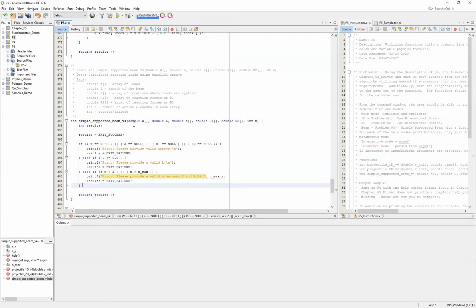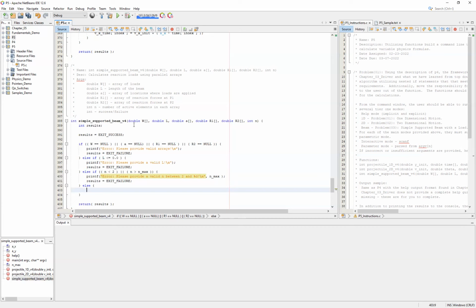Now, if we've survived all of our preliminary error checking, it's time to get into the calculation. So we're going to have an else here. There are a couple of additional things that we probably want to check. You could argue that there should be no negative values in your weight vector. However, I could give you a scenario where the weight vector could have negative loads, for instance, wind loading or uplift, maybe from a tornado or something along those lines, that you would want to calculate. So we could allow for positive and negative values in our W,